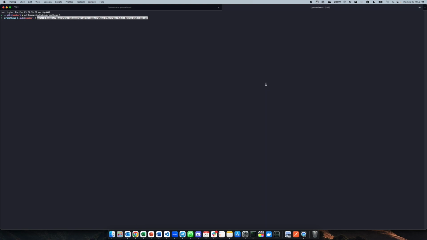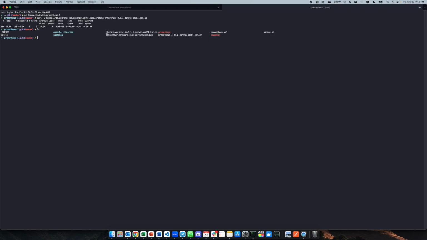As you can see, I am downloading Grafana at the moment. It takes some time. And you can see I downloaded the package within the folder itself. So now I'll extract it all,